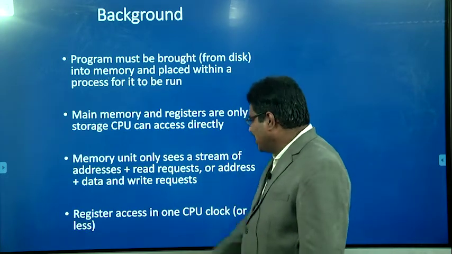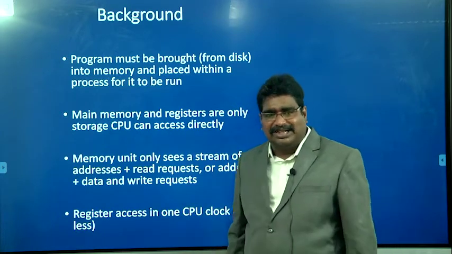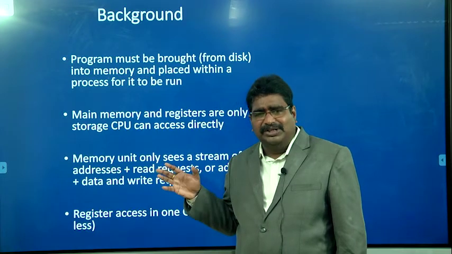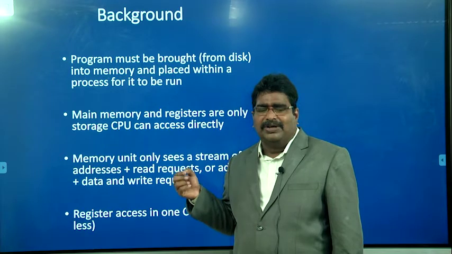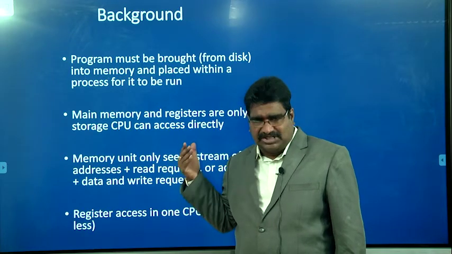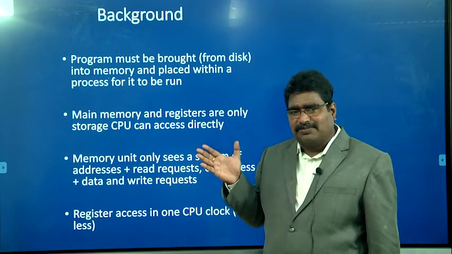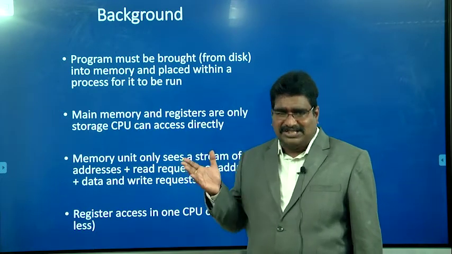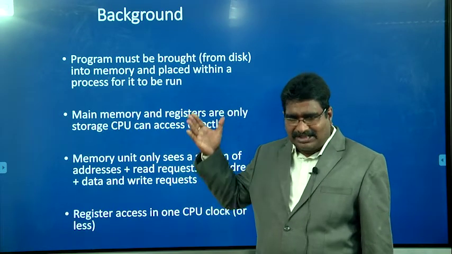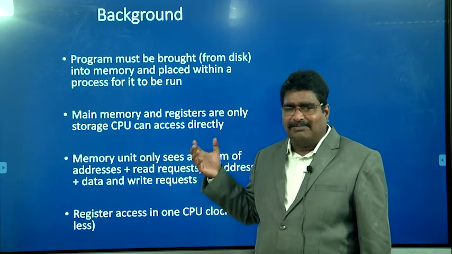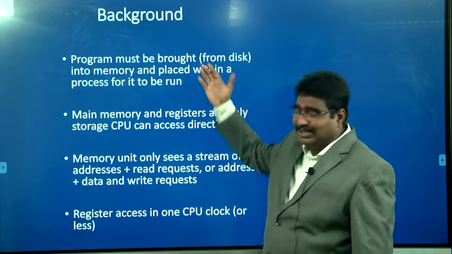And next one is that register access takes one CPU clock. So here they explain that whenever the processor needs to fetch data, within a single clock itself it is possible to fetch the data from the register. For that reason, we have clearly said that the fastest accessible memory location is the registers only. Later cache memory, later primary memory. This is the order of the access time, how much time it takes to access the data. I hope you are able to understand the background.